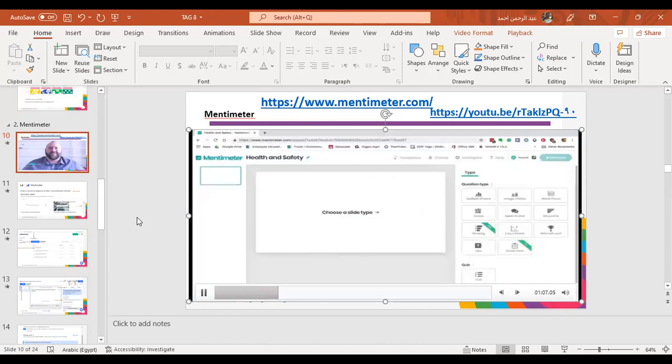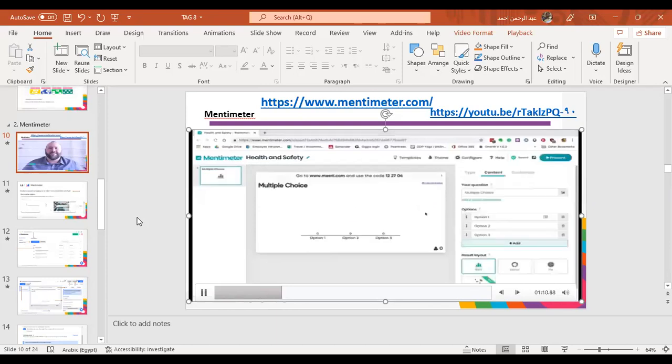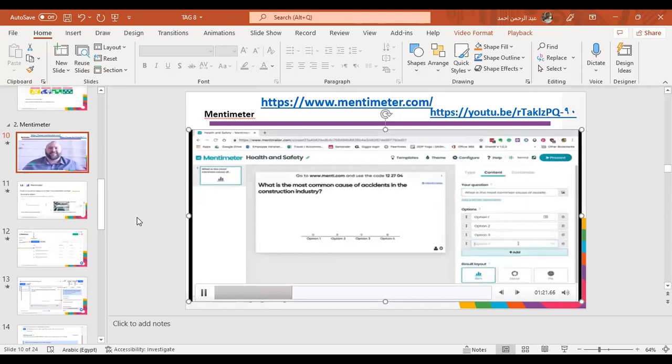So now Mentimeter gives you options for different kinds of questions that you can ask. Start with multiple choice questions. So if you need to type in questions, so we're going to type in what's the most common cause of accidents. So then here you've got answer options. And I want to have 4 answers. So I'm going to click add option to there. So the first answer could be option 2 could be by falling objects. Option 3 could be slip, trips and falls. And finally option